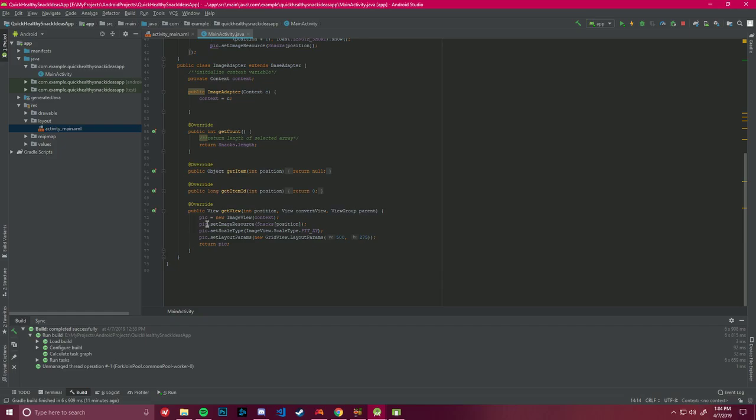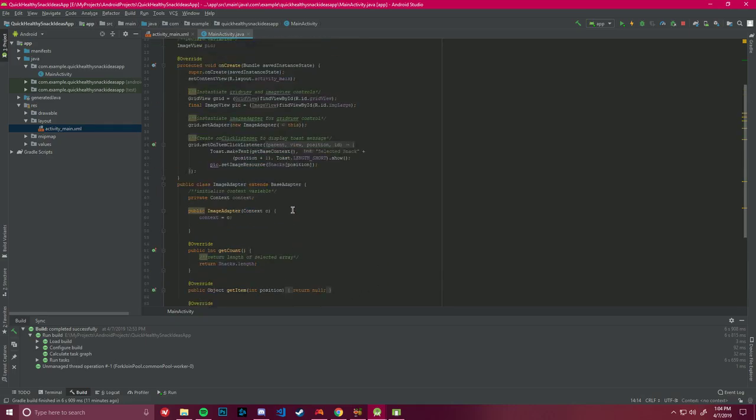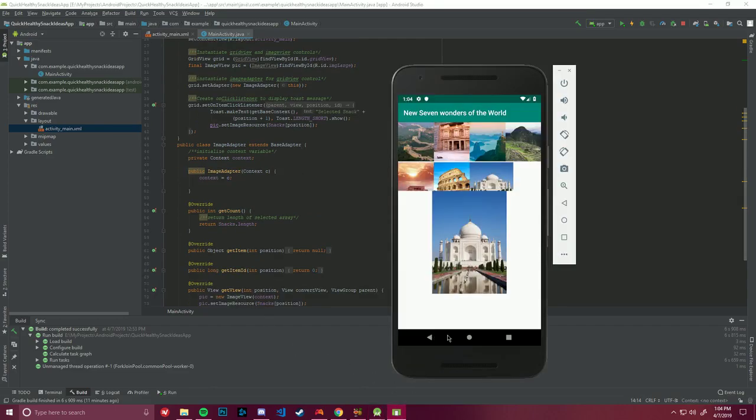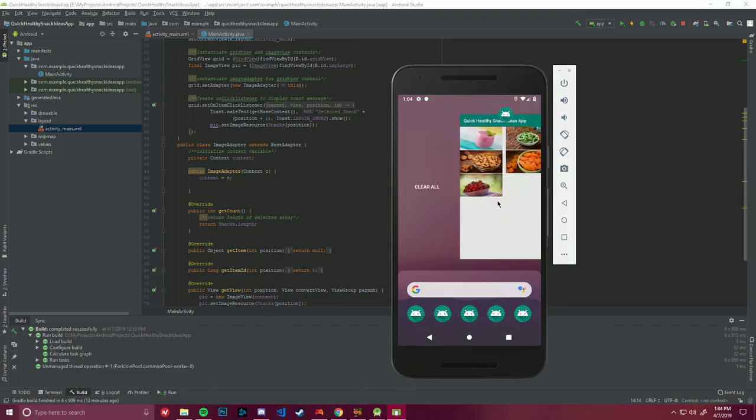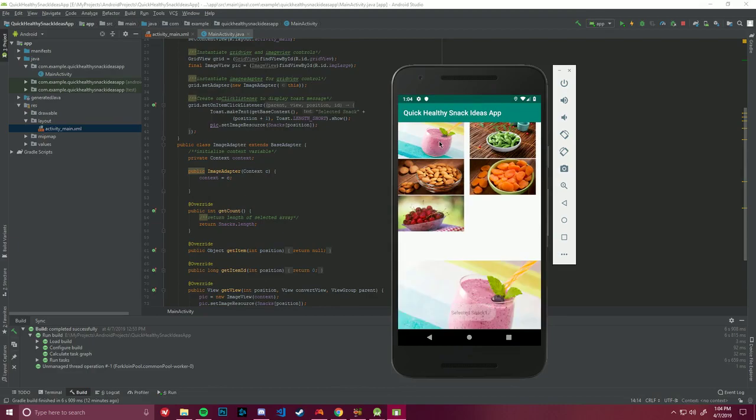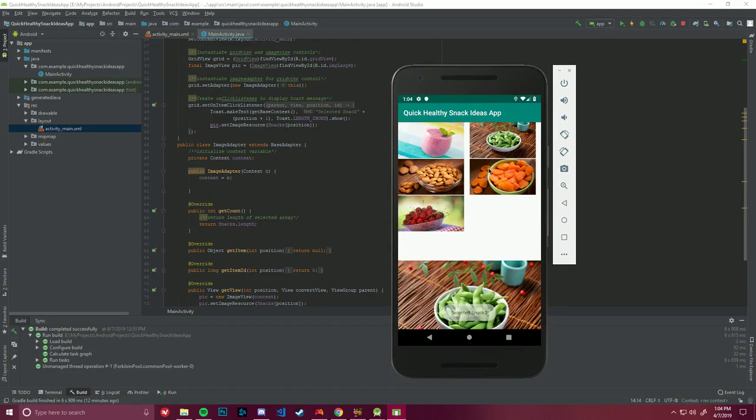Down here, pick equals new image view for the context right up there. Set the image resource, the snack position, whatever has been selected, its position will be selected. Pick set the scale to fit X and Y variables, so whatever the size is, which is down here in our parameters, 500 by 275, and then it'll return our pick variable that has been selected, and here is what that looks like. Select a snack 1, select a snack 2, 3, 4,